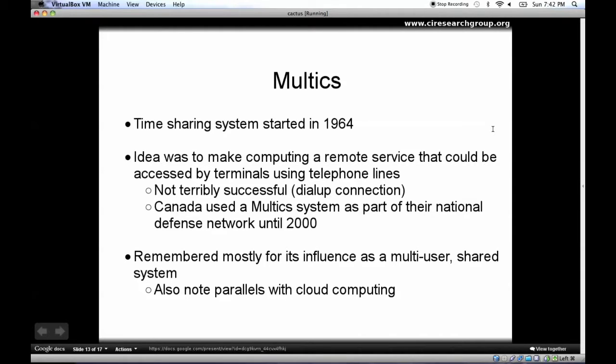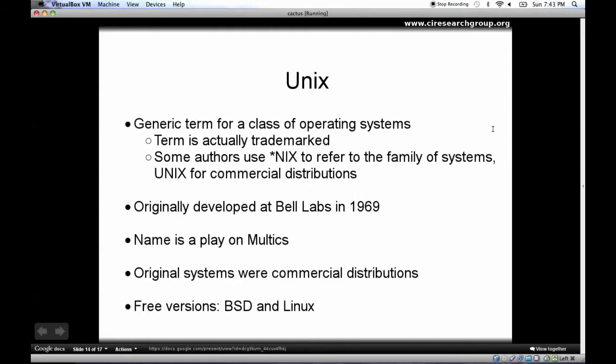However, Canada actually did have a Multics system deployed and used it as part of their national defense network until the year 2000. Multics is remembered, however, primarily for its influence as a multi-user shared system. And today, with cloud computing, there are some significant parallels between some of the cloud computing models that we use and some of the ideas that were pioneered back in the Multics system.